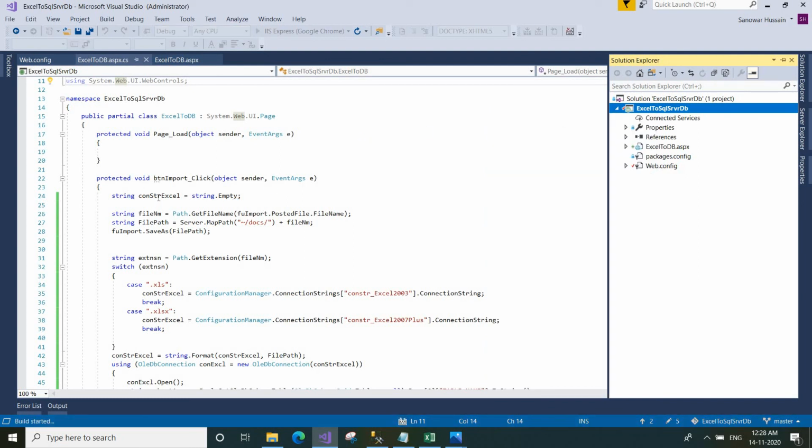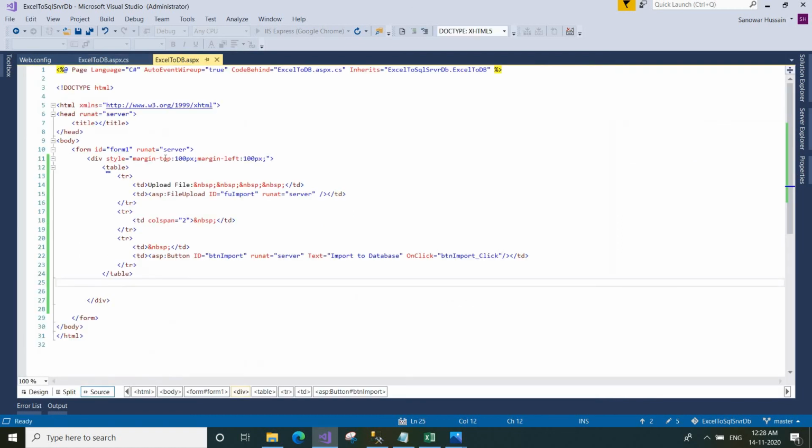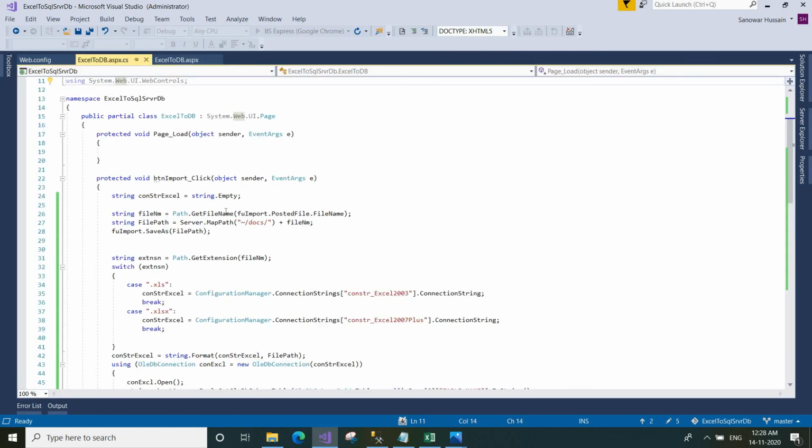I have declared conStringExcel, a string variable. There is an upload control in the design page. When we upload the Excel file, we can get the file name using the GetFileName method. Then we have to map